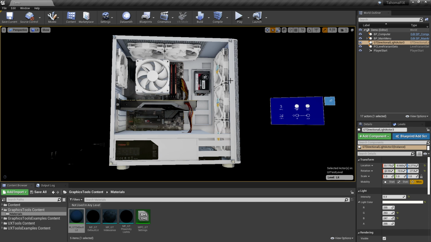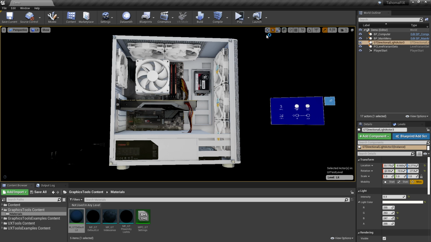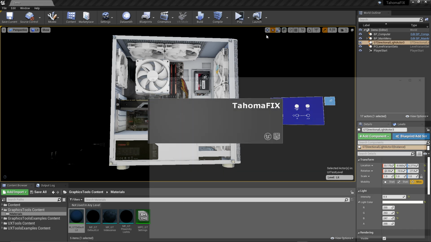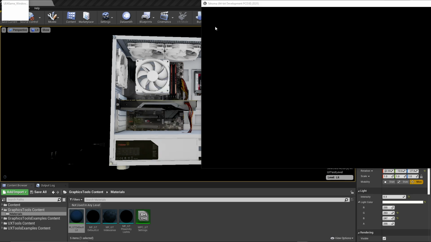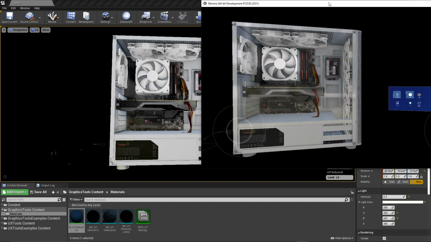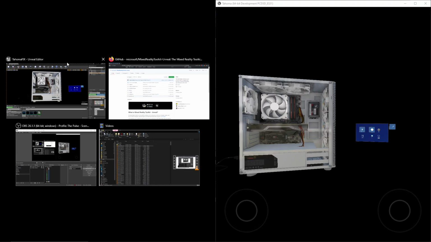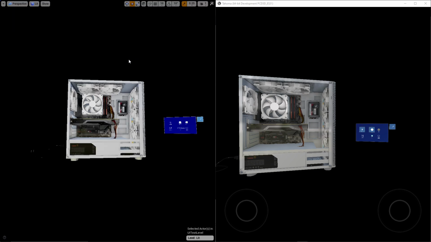And if we wanted to see what this would look like more on the mobile or on the HoloLens 2, we can actually simulate that by jumping into Play and playing this in PIE for the mobile preview. As soon as we do that, it's going to go out and launch this off. And we'll dock this window over here, and then we'll make this one over here and hit F11 to zoom that up.